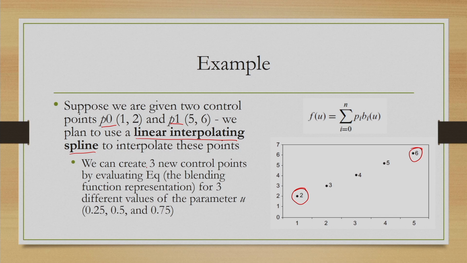to create three new control points shown here, and we will get the parameter value for these control points defined here, and then we will get the actual function value.